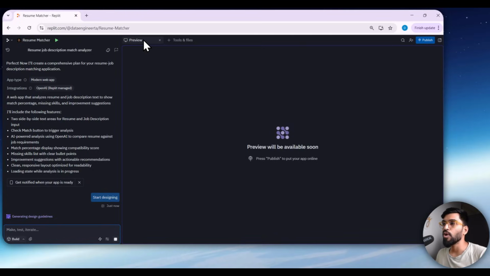So you have this preview option, and on the left-hand side, you can still chat with the Replit AI agent and make changes. If you want some enhancement, want to add some features, or add some designs, you can say everything in plain English, right? And then you will be able to see that on the right-hand side in the preview window. The same thing you can do with a mobile app as well.